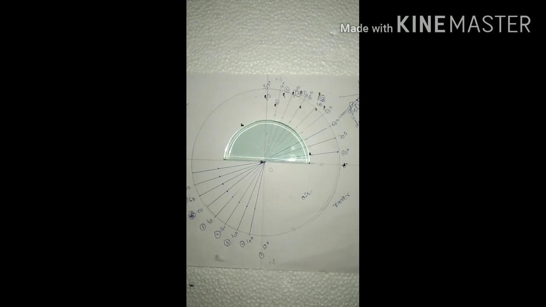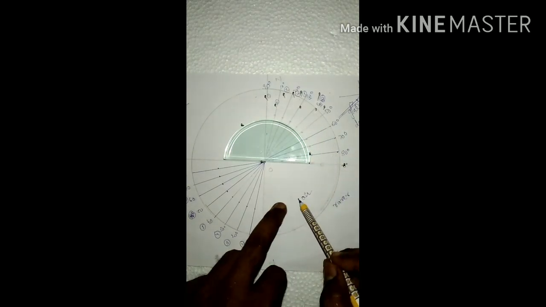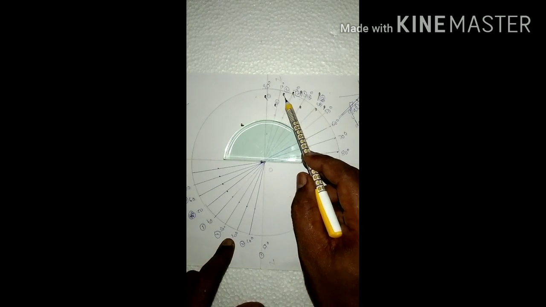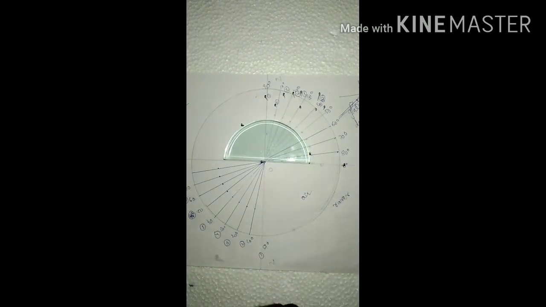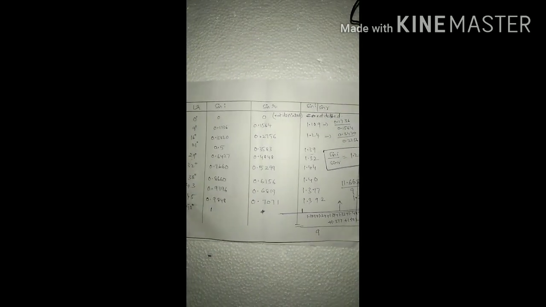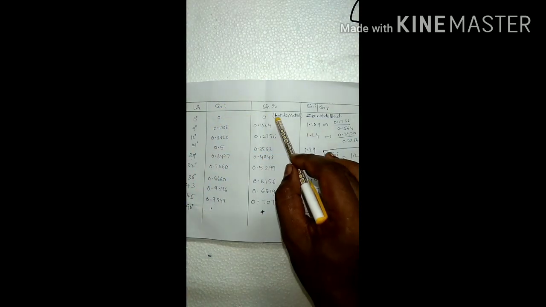And the second principle what we learned is, if the light ray travels from air to glass, that is from rarer to denser, at an angle of 10 degrees, angle of refraction is 9 degrees. 20 degrees, angle of refraction is approximately 16 degrees. At 30 degrees, 20 degrees, 40 degrees, 29 degrees, 50, 22. Then by using the calculator, I calculated the value of sin I and sin R.